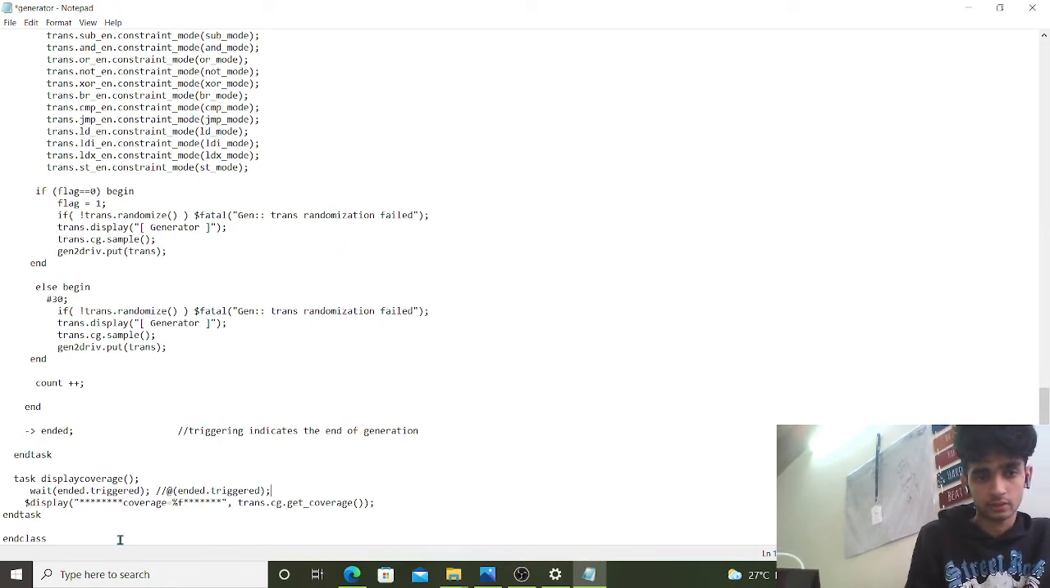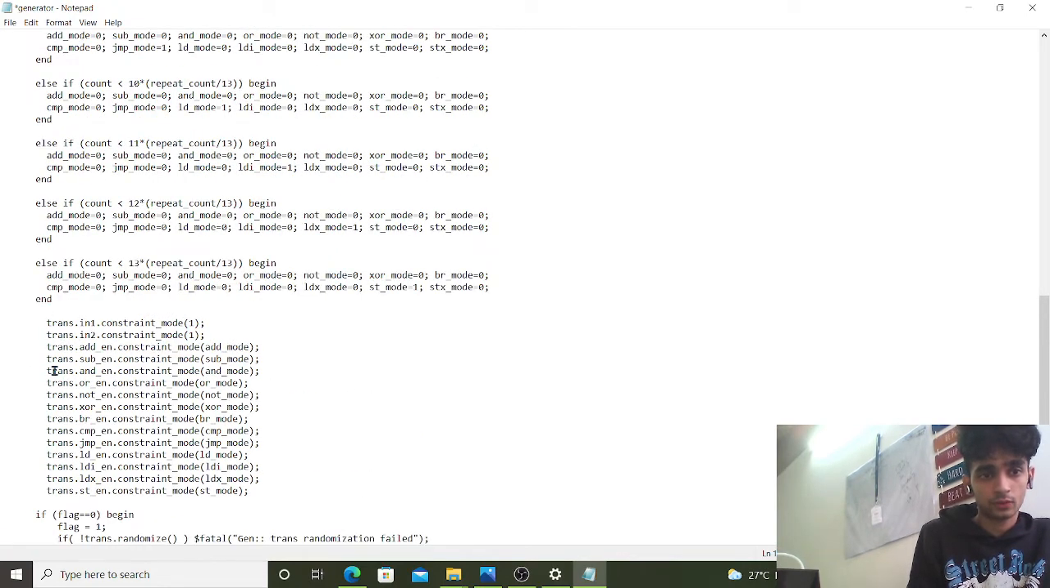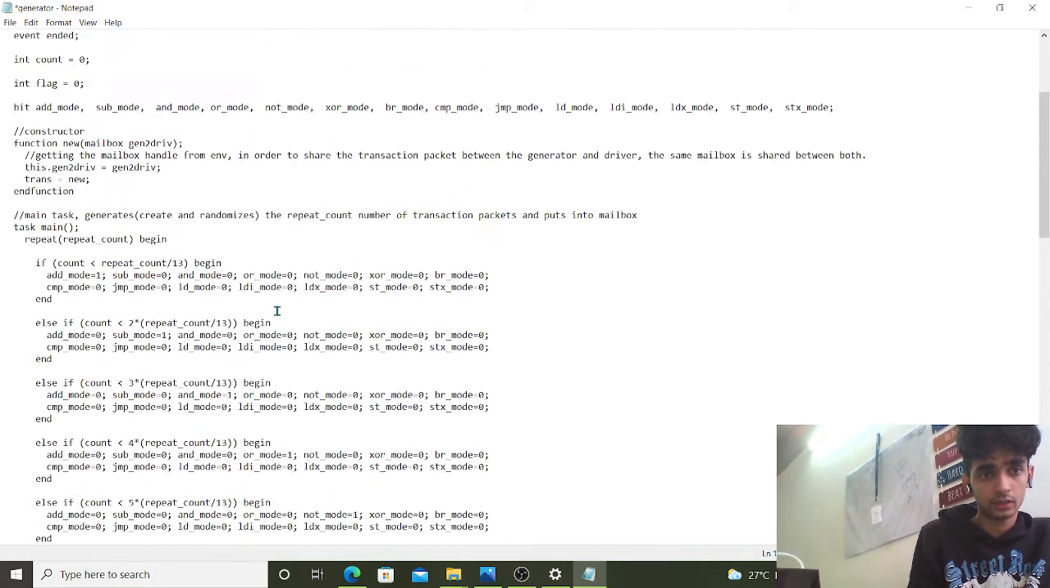You can also write like this. So here what we are going to do, we are repeating this task, we're defining this task main. Here what it does is that it counts, for example this count is the repeat count which we are giving as input from our test bench. For example, if we give that repeat count as 13,000, so 13,000 divided by 13,